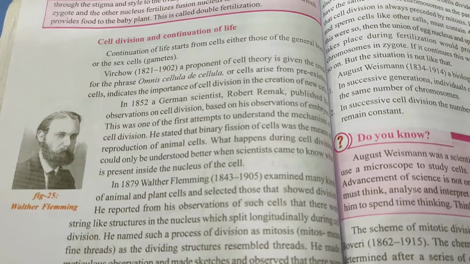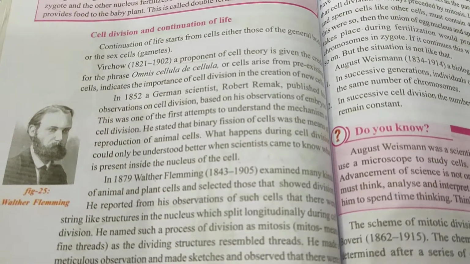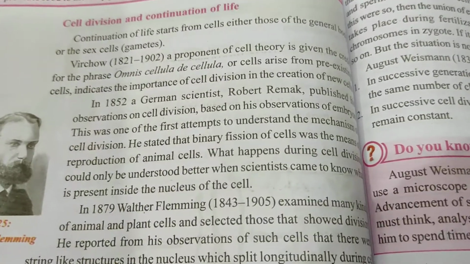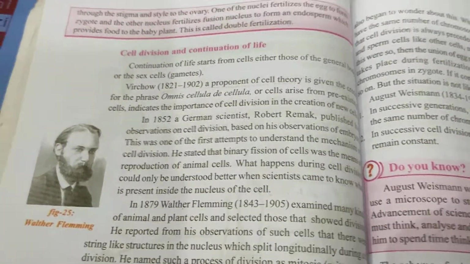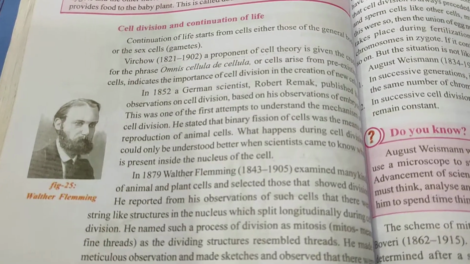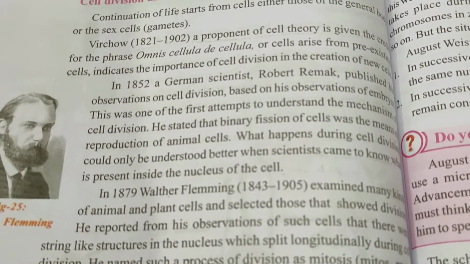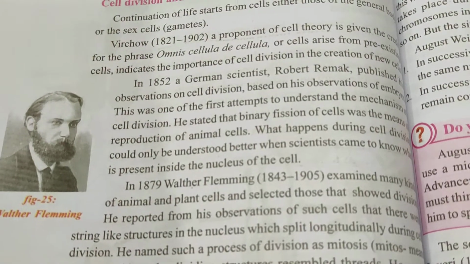Here, cell division and continuation of life, and here the history of this cell division and continuation. First, how these scientists have worked on this topic. Let us see now. Virchow, 1821 to 1902, proposed the cell theory. Actually, he started that